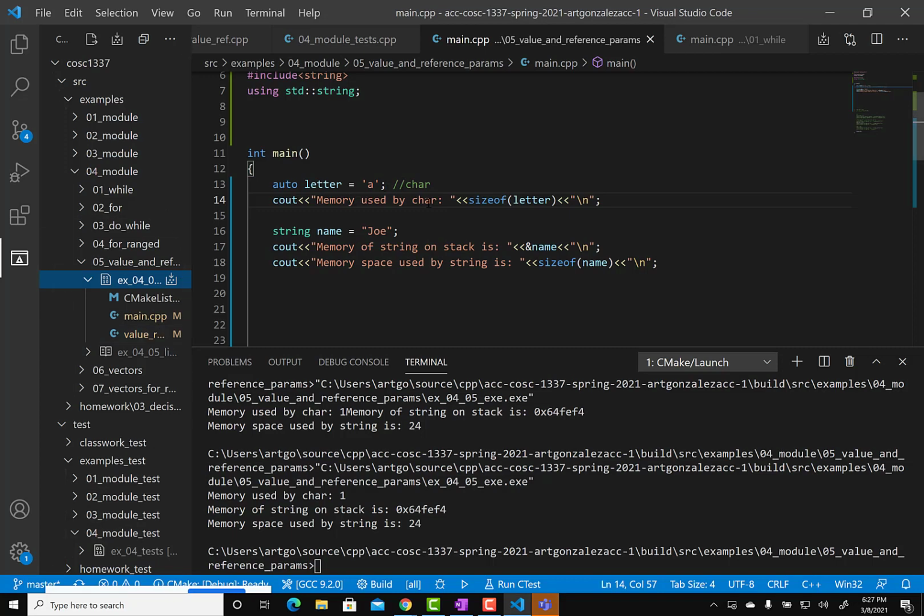So notice memory used by char is 1, and that is the case because 8 bits represent a number up to 255. With 8 bits of memory, you can represent the number 0 all the way to 255, by turning on and off zeros and ones. Okay,